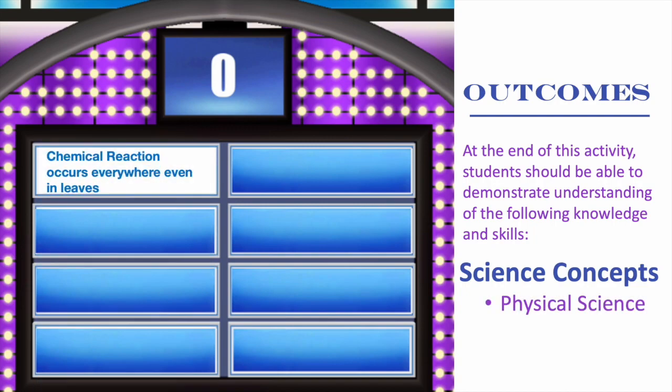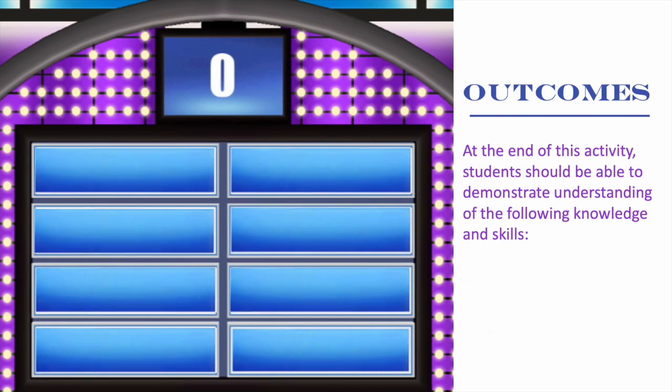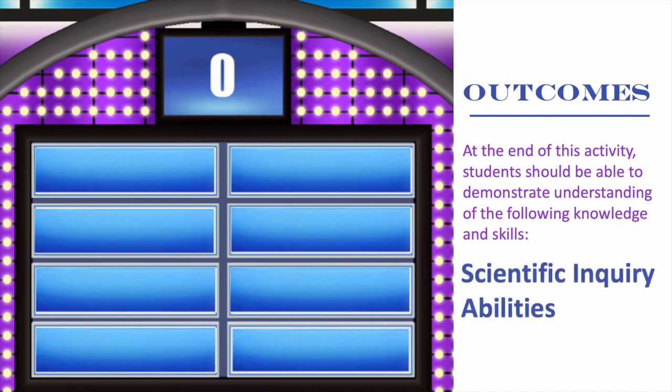In physical science, chemical reactions are everywhere, including in plants. Energy flows through the ecosystems in one direction, and living systems require continuous input of energy to maintain their chemical and physical organizations. Through this activity, students are also expected to learn the following scientific inquiry abilities: observing and